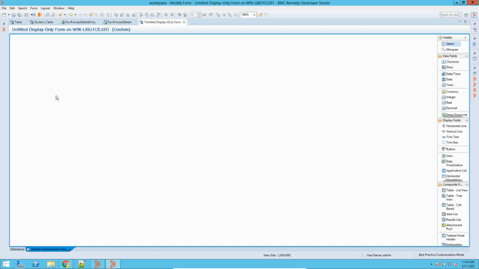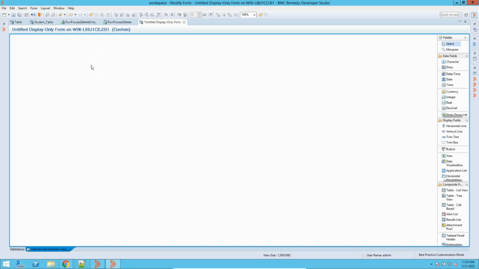Normally, when you design and create a front end form, it is always recommended to use a display only form. We have already discussed this display only form. It does not store any data, but it helps us in creating the front end from where we can capture data from the customer, and then we can place it in different tables, different forms, as per the need and the requirement of the application.